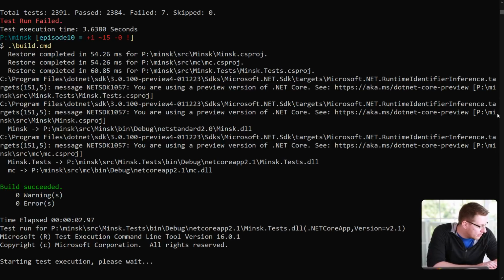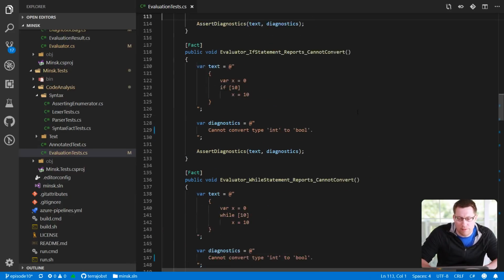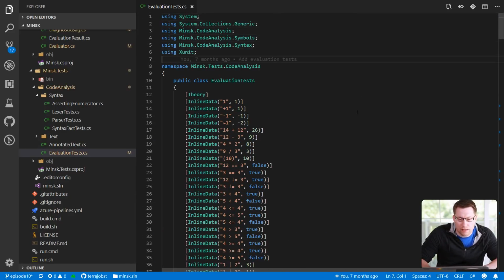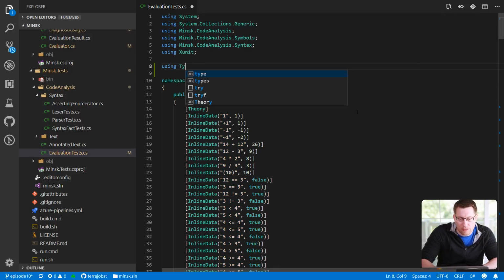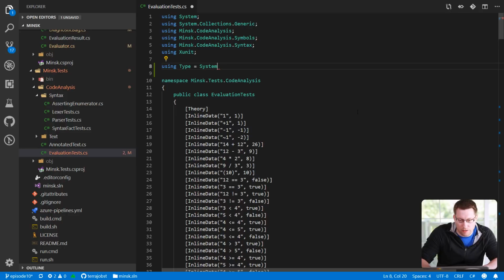Bugfound is asking, is there something like C++ typedef type in C#? No, C# doesn't have typedefs. The closest you have is using aliases. However, using aliases are not great because they're only per file. So I can totally say using type equals system.type. Oh, sorry, could be,